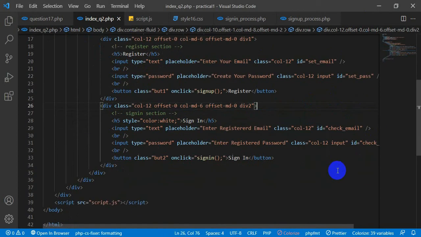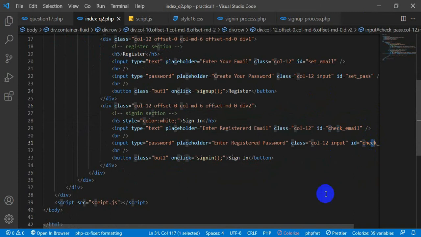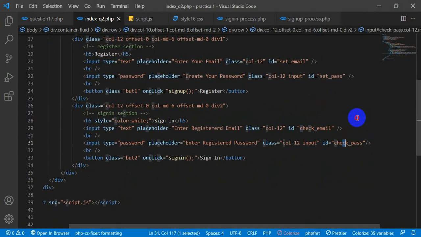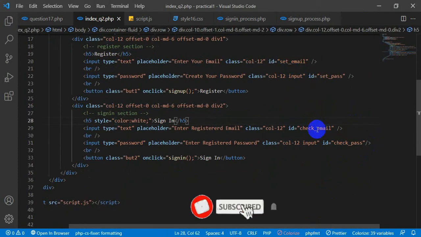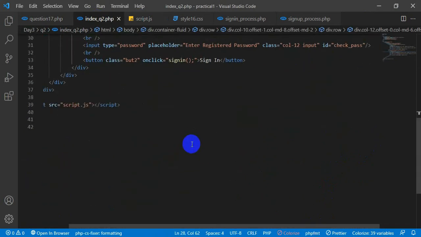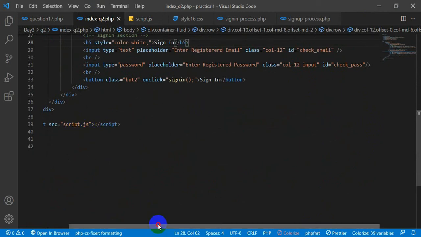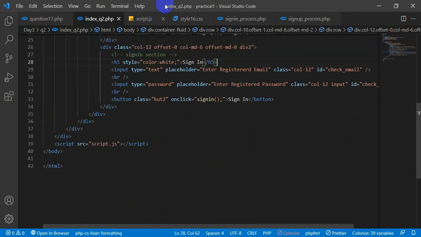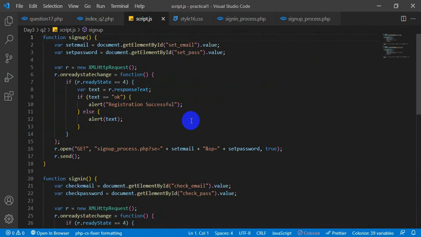And in the sign in section, check email and check password. You set the email here and you check the email here. You set the password here and you check the password here. Once I link the JavaScript file to this one, in the script.js file I have two sections: sign up, which means register, same thing, and the sign in function. Registering and signing up are the same thing.